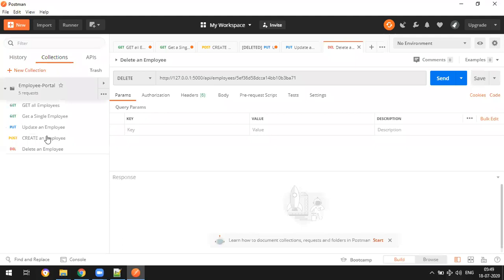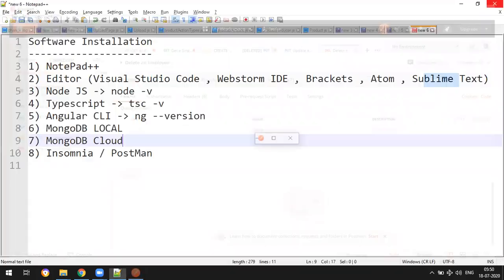I have various requests because I was using it already, so it got my previous existing requests like get all employees, get request, put request, post request, and the URLs. When you first install, you won't get all this, just an empty blank page. That's fine. When the time comes, we will see the options. As of now, it's not required. Once you open this successfully, that's fine. You can just close that off.